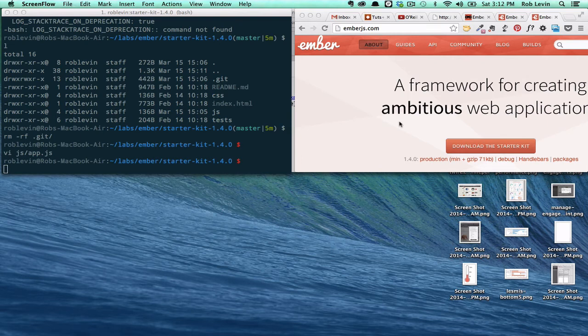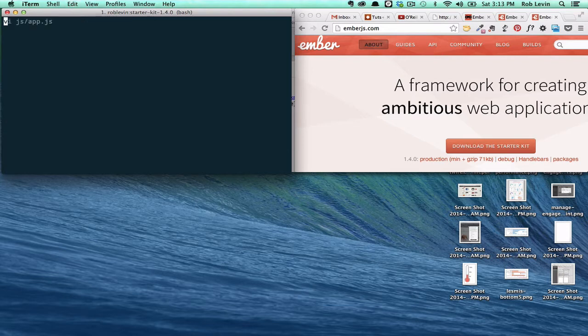Hi there. We're going to do some Ember.js experiments, and the first thing we need to do is set up our environment. So what I want you to do is go to emberjs.com, download the starter kit, make sure you have the latest one, and you can see here that I've done so. Go to wherever you downloaded it, and what we want to do is come in to the